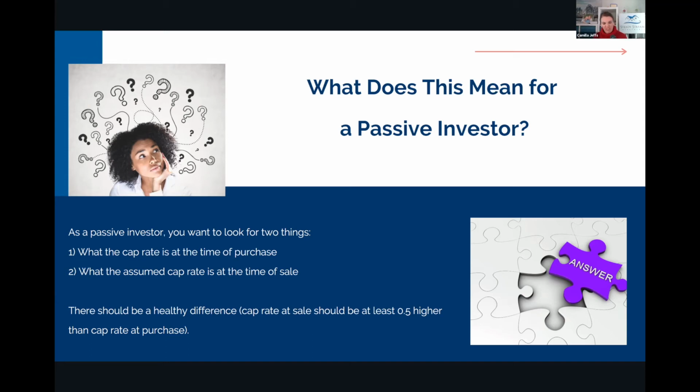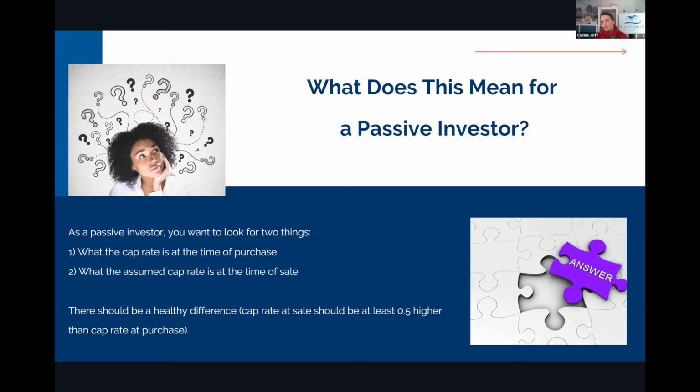Now, how do they figure that out? That's probably another webinar, but just quickly, one of the things they do is figure out, well, how much value can we add to this property? Could we increase the rents? Could we do some renovations? Could we decrease the expenses? And then they say, if we hold it for about 5 years, the rent is going to increase naturally about 2 to 3% per year, is what we're projecting.